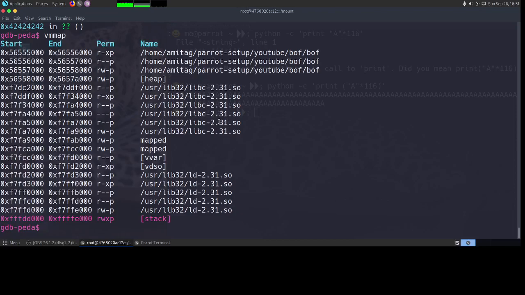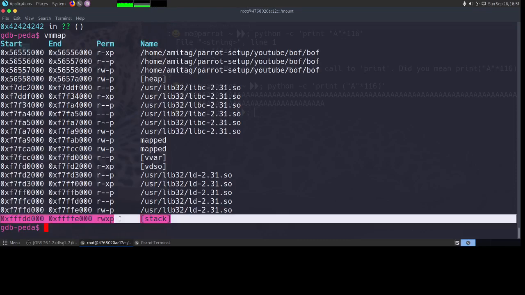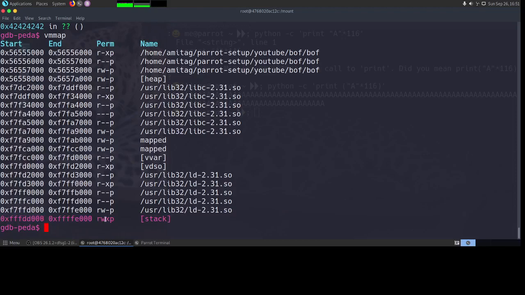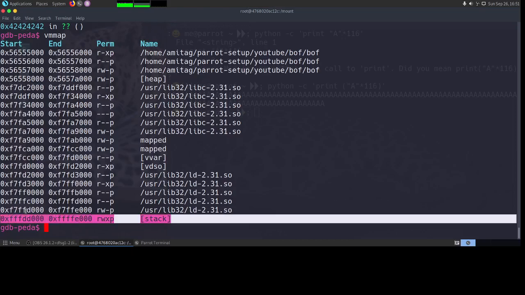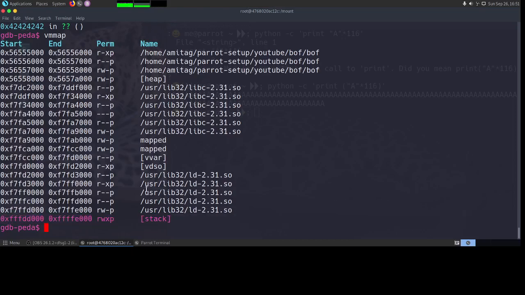Now here, as you can see, since we had given exec stack, the last one is the stack, and it is executable, which is also highlighted in red by PEDA. So the stack is executable here, which means that we can put anything in the stack, and we can expect it to work.